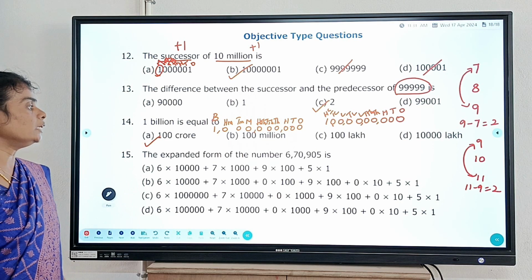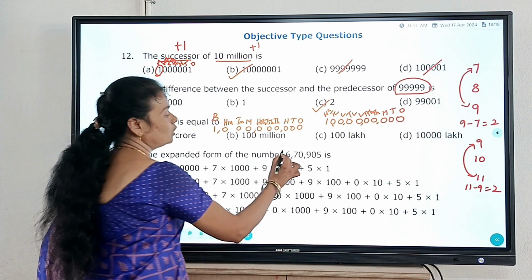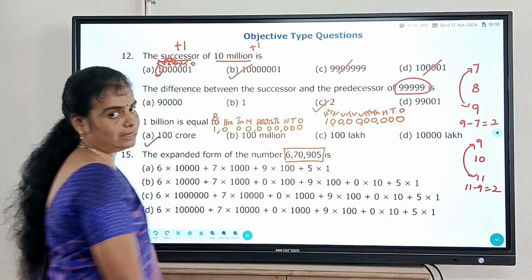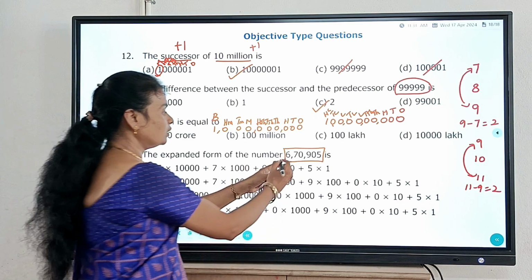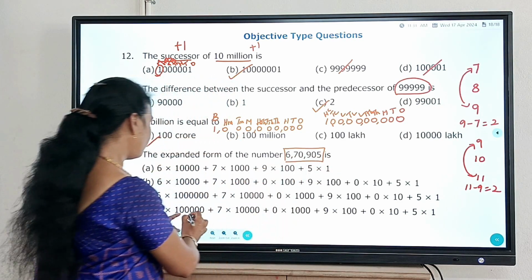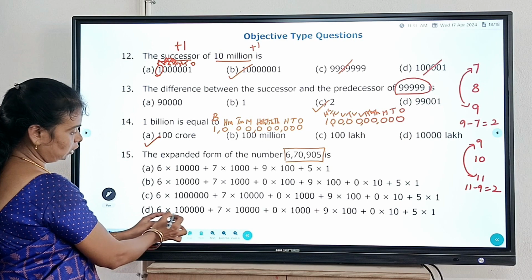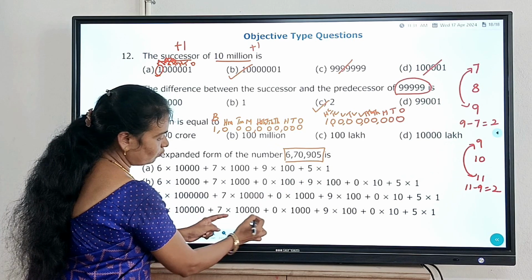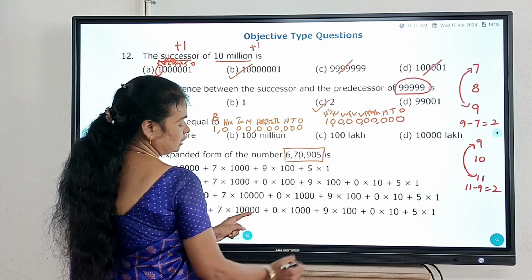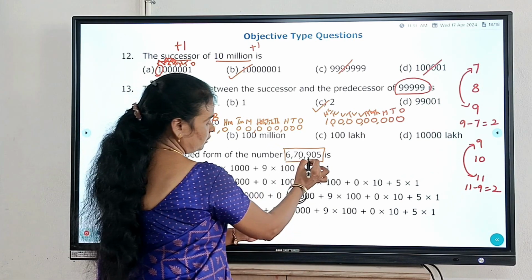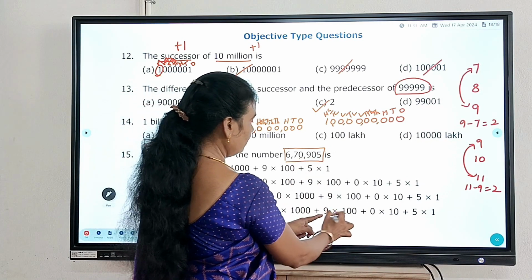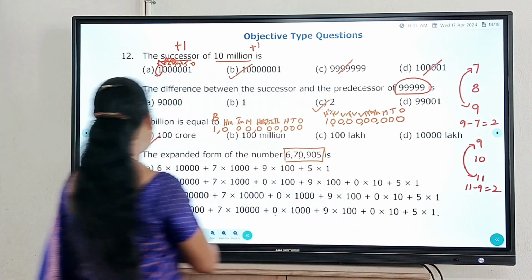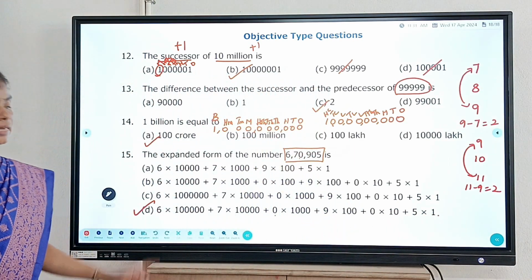The next one, the expanded form of the number. So what is the expanded form? Writing the given number in the lengthier way. So after 6, 5 digits are there, so 5 zeros should be there. So 6 into 5 zeros plus 7 into 4 zeros plus the next one is 0, so it is written 0, and 9 into 100 plus 0 into 10 plus 5 into 1, and hence option D is the right answer